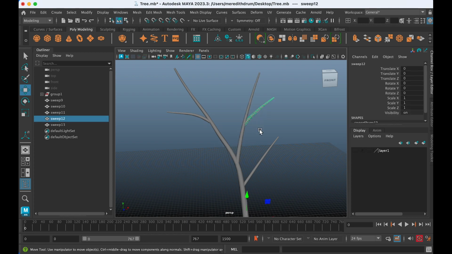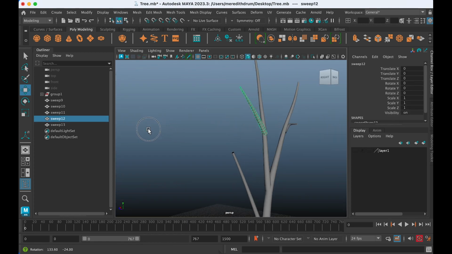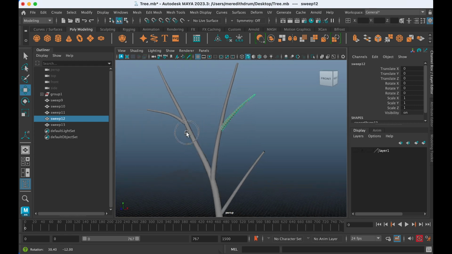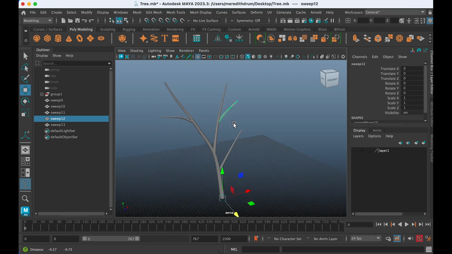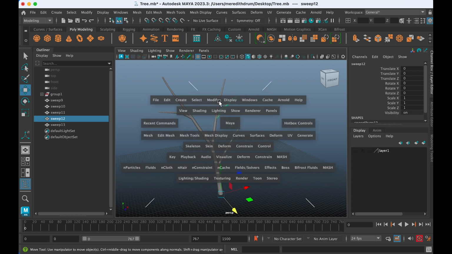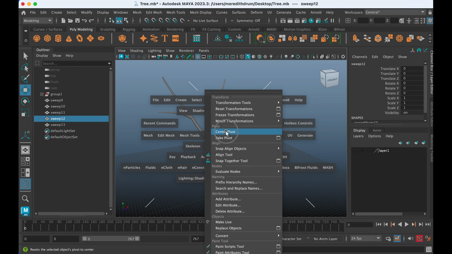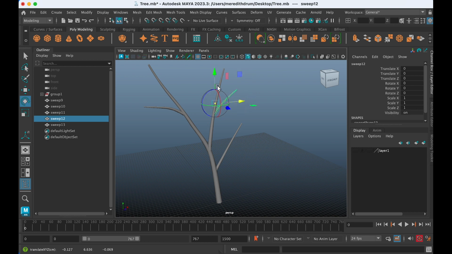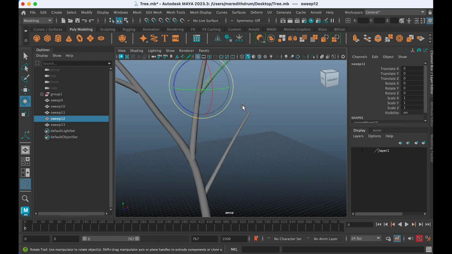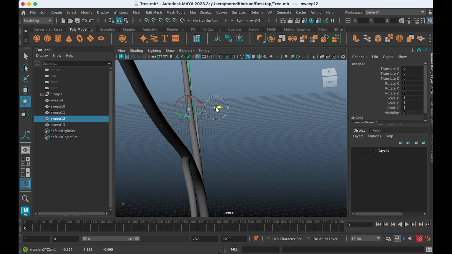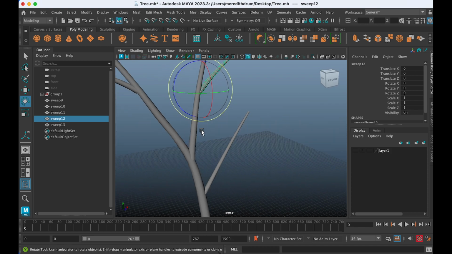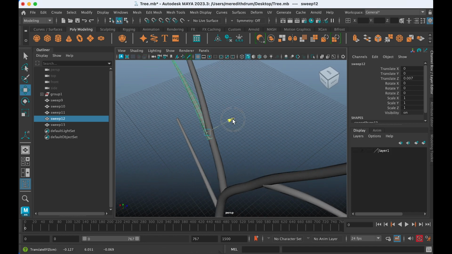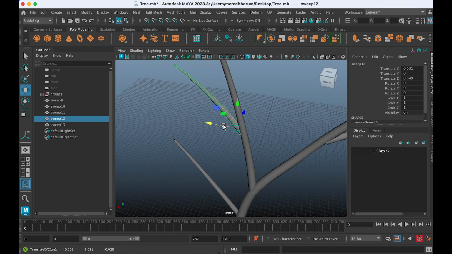And then if you wish to mess around with some of the elements of the object here, and it's sort of irritating you how the pivot point is at the bottom there, you can press spacebar for a quick hotbox center pivot. But say we wanted to move the pivot point down to the bottom of the branch there, you press and hold D as in dog. D is a good key today. And then you can place the pivot point there in the center. Again, it's D as in dog, because if you have the pivot point at the base there, that can be helpful in terms of moving that around.